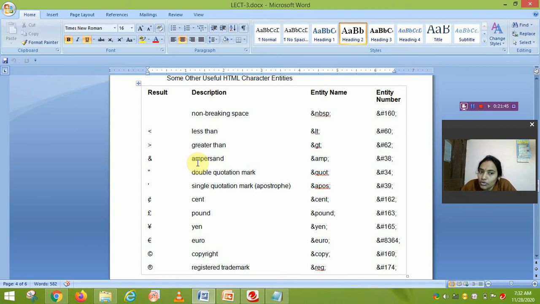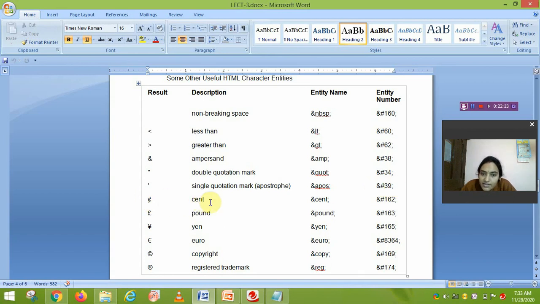If you want to put this ampersand symbol in your HTML document, then you write ampersand amp as the entity name, or you can write the number ampersand hash 38. For the double quotation mark we write ampersand quot, and as the entity number we write ampersand hash 34. For the single quotation mark we write the entity name ampersand apos, and the entity number ampersand hash 39.